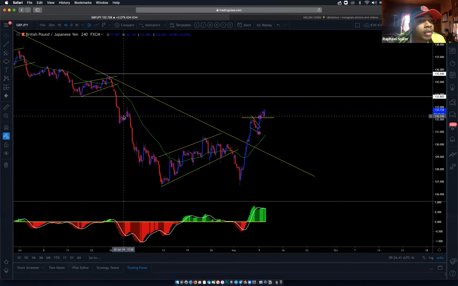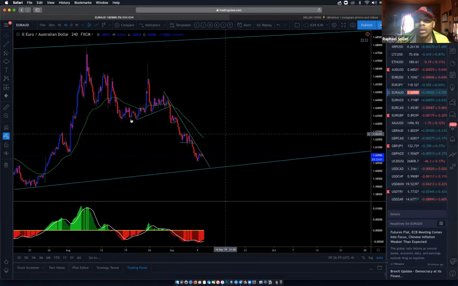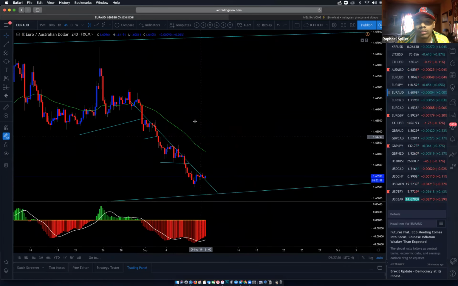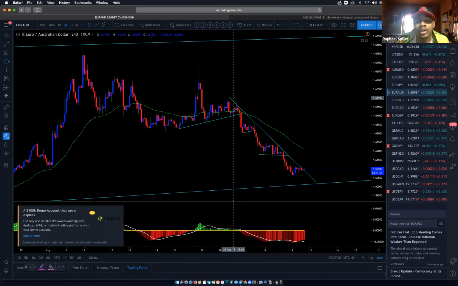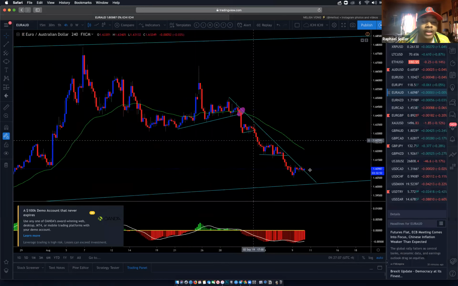How long does it take for your trades to hit TP when you're trading on the 4-hour with your strategy? Sometimes I think I exit the trade too early. It depends on the pair. When it comes to trading on the 4-hour, for example, when I called the trade on EA, I entered here. This was my entry. I just got out yesterday here,